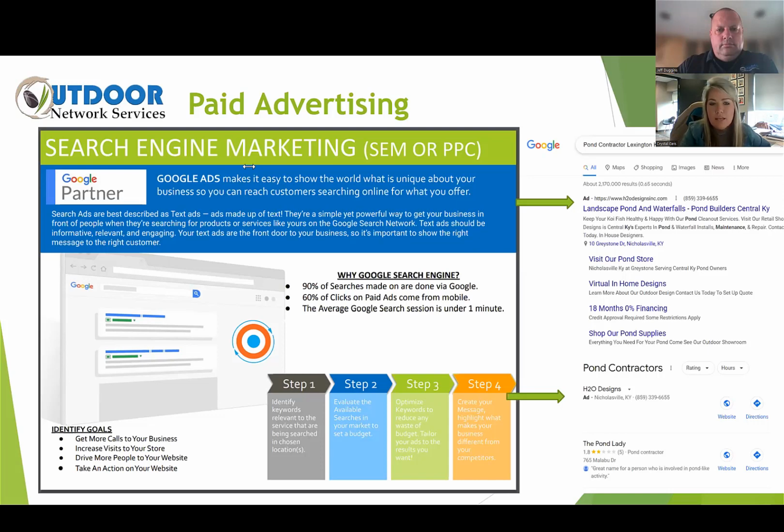So the budget has a lot to do with what keywords you're going after and what the cost per click is in your market. I like to tell people that the pay-per-click model is very similar to the stock market. It depends on who's willing to bid what, and the more people that are willing to bid, the higher that cost gets driven up. So I have window guys that do replacement windows, and in the area that I actually live in, it's a $38 average cost per click. So if they're not spending $38, then where's their budget going? Google's going to try to find a way to spend that budget.